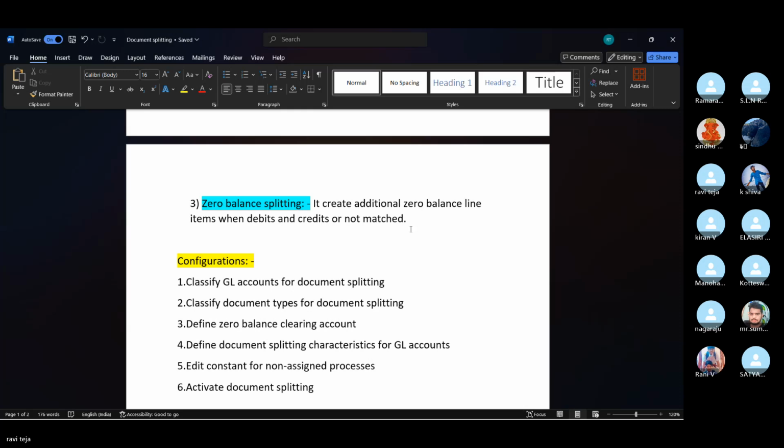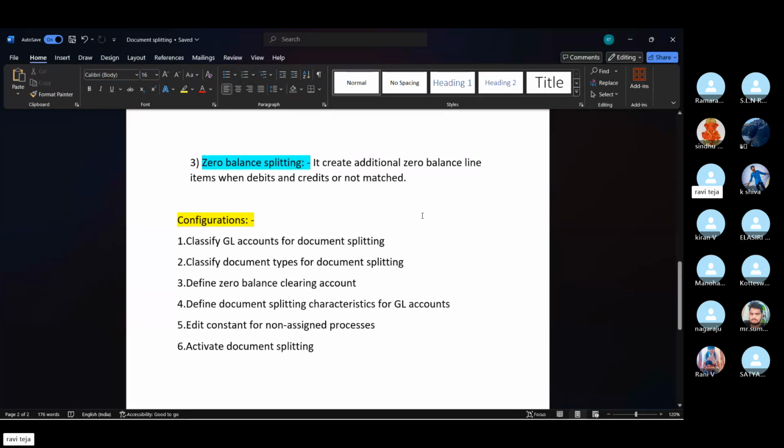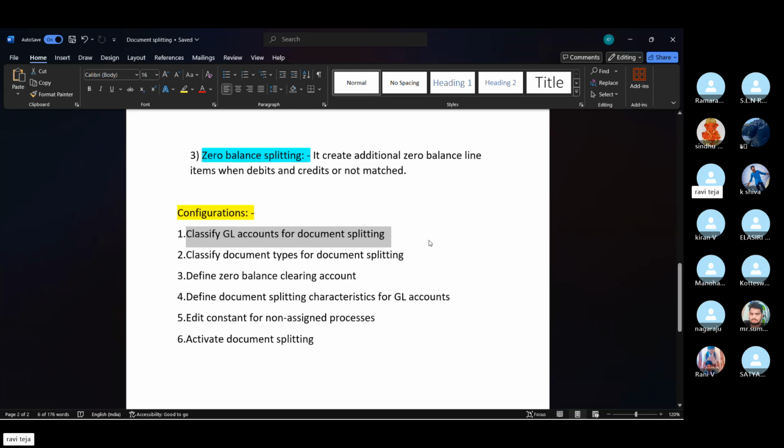Coming to configurations, the first configuration is related to GL accounts. We should classify GL accounts. All the GL accounts which we created under our chart of accounts should be assigned with an item category. Coming to classify document types for document splitting, here we use SAP standard document configurations, and we do not make any changes.